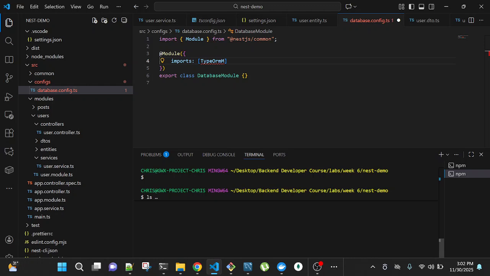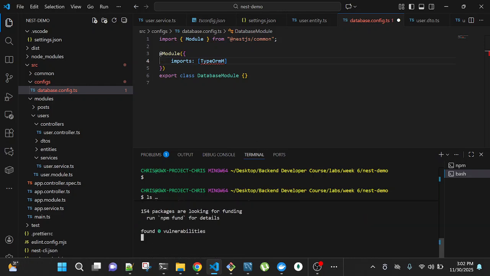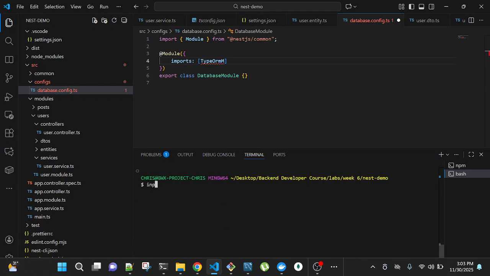Basically our application is set up and running. What I'm doing now is trying to connect the database. I'm trying to configure the database, right? To do that, I'm using TypeORM. Since I'm using TypeORM, I'm using MySQL, right? I need to also install MySQL. So npm install mysql2. Don't forget, it's the mysql2 package we're installing.